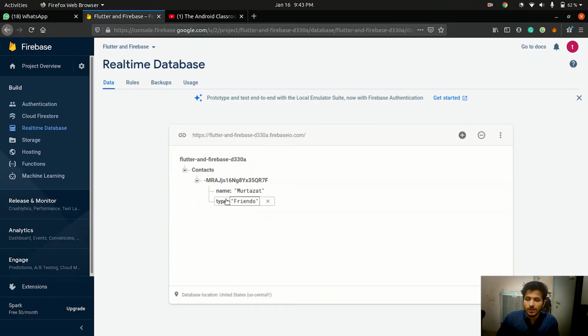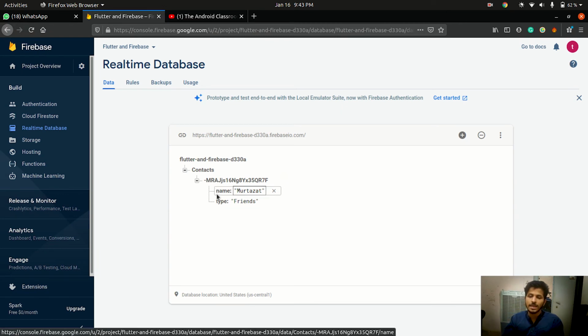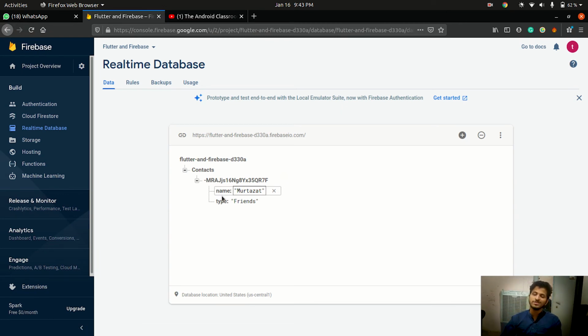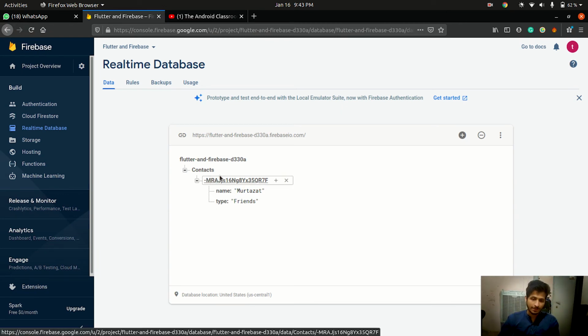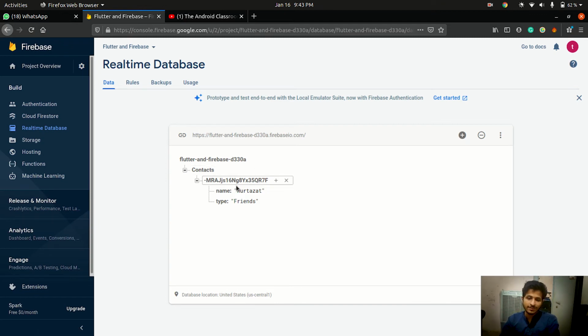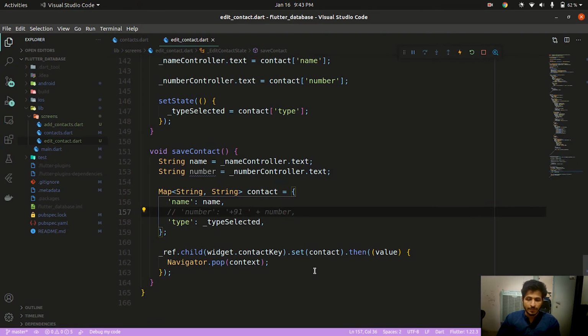It has just removed the number key. We aren't getting any number key now because it just overrides this child. It will first delete this child and then override it with whatever value we are giving. If we miss giving it any value, it will not make an empty string for it, nor will it leave it. It will just override it to null. So now the number has become null. It is not available in our node. For that reason we are using update.